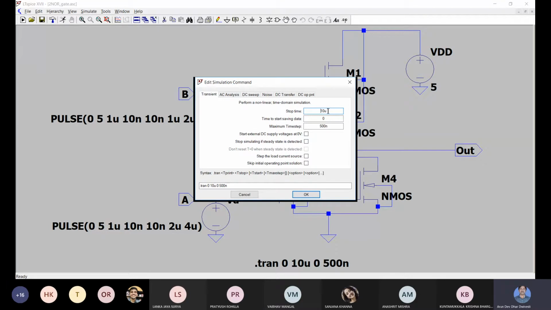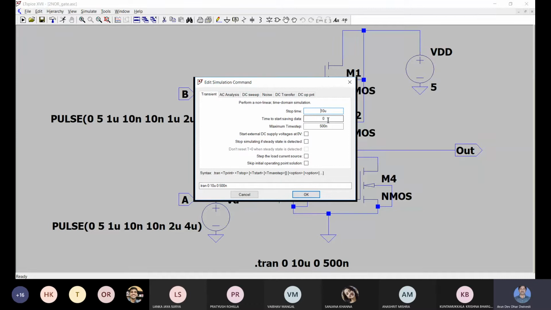So we can see the nature of variation of the output and the input. This is why we are simulating up to 10 microsecond, so that a sufficient number of cycles can be covered. Stop time is 10 microsecond and start time is 0.